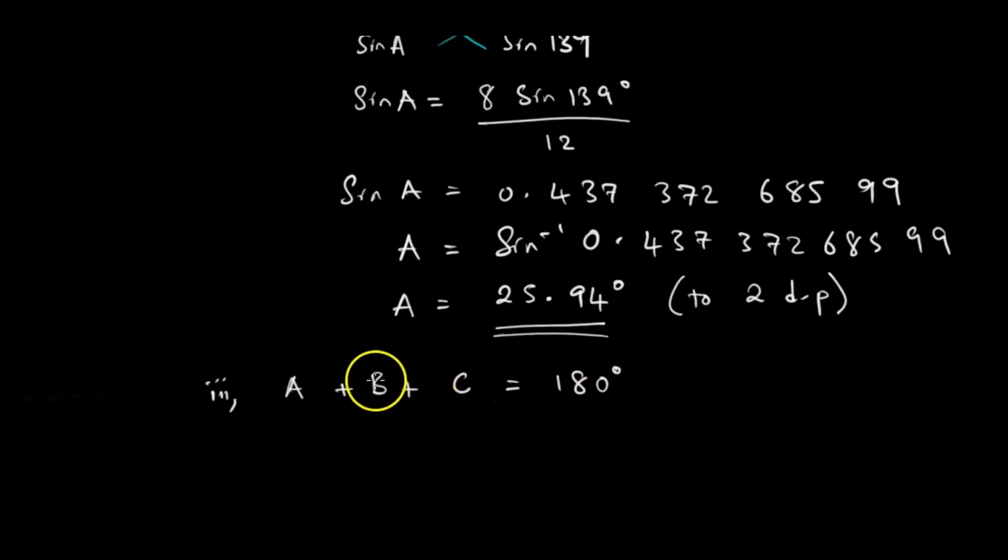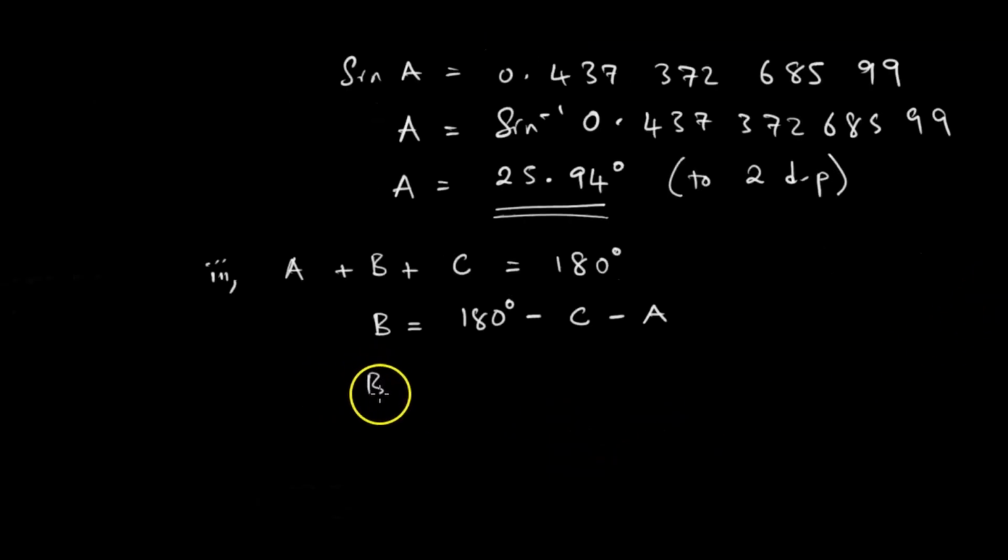But what we want is B. So B is equal to 180 degrees subtract C subtract A. So B is equal to 180 degrees subtract C, which is 139 degrees, subtract A,